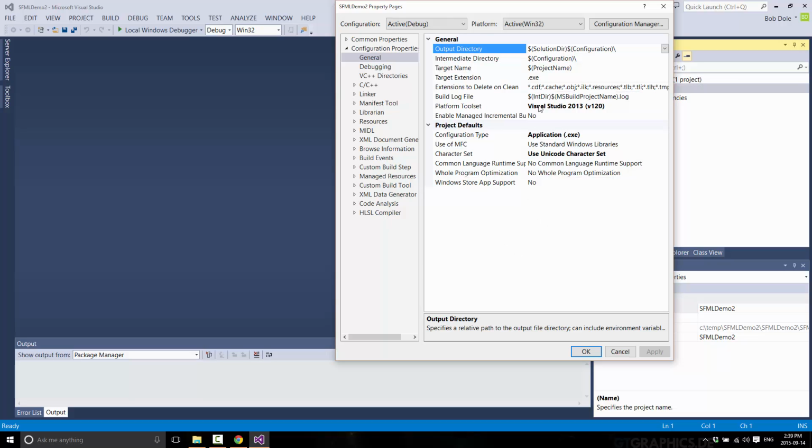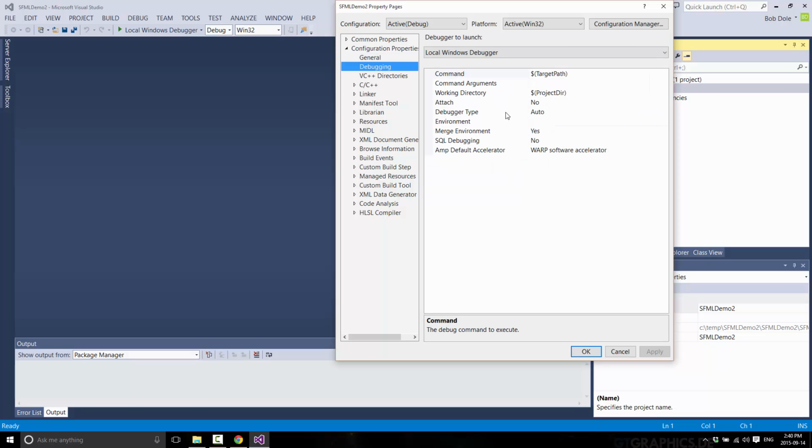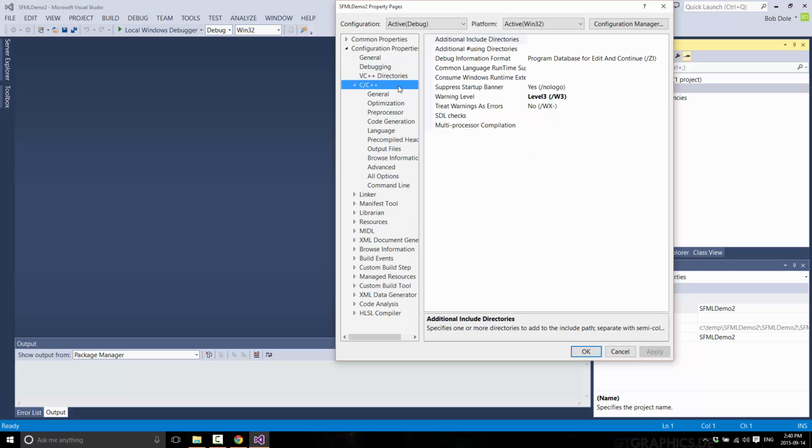First, we're not setting it right now, but an important thing to be aware of is this working directory. This is where, when you load a file later on, it will be relative to this point. So make sure that when you have assets available, for example, a font or an image file, this is where you put them, or some path below that one. But what we need to configure first off is C++,